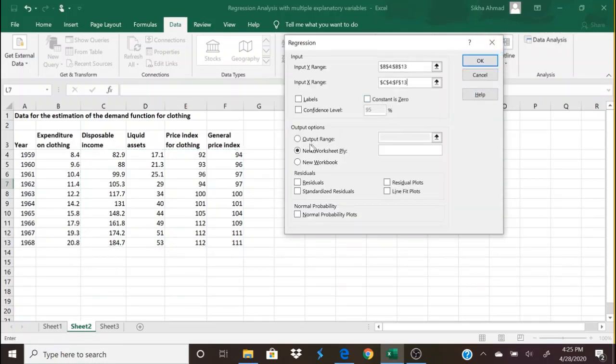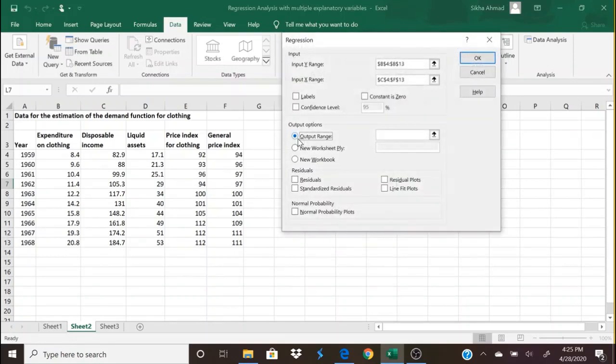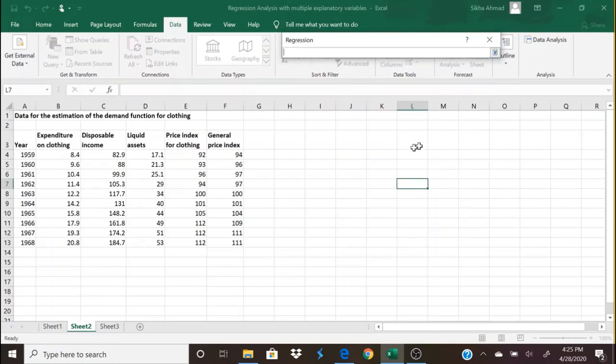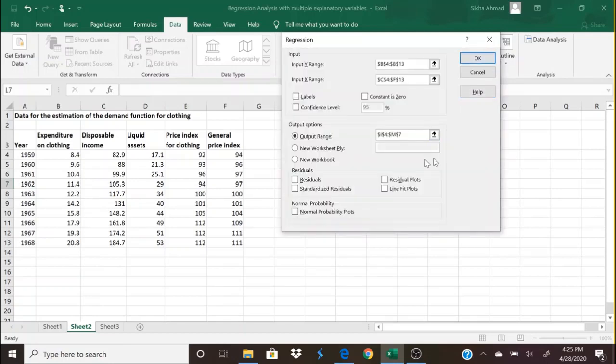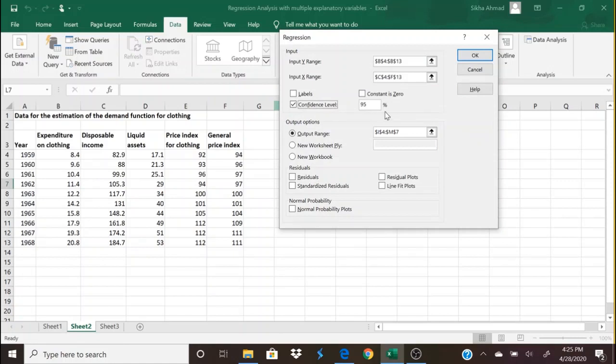Now we need an output range where the result is going to come. So we click on output range, we click here, and suppose we just select a few cells somewhere on the right side, and we click here. Now suppose I want the confidence interval at 95%, I want the residuals, and I want standard residuals, and if you want the others you can just click whatever values you want.